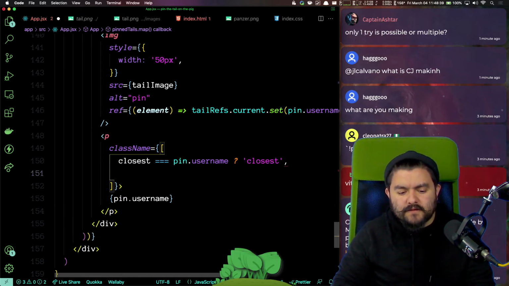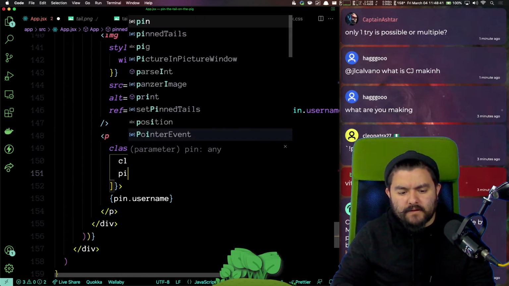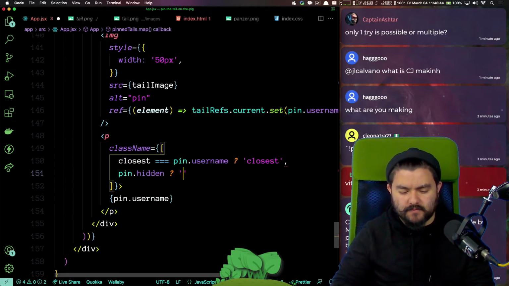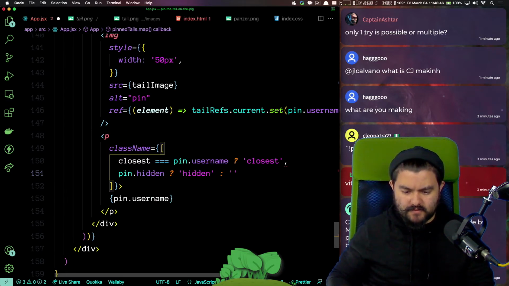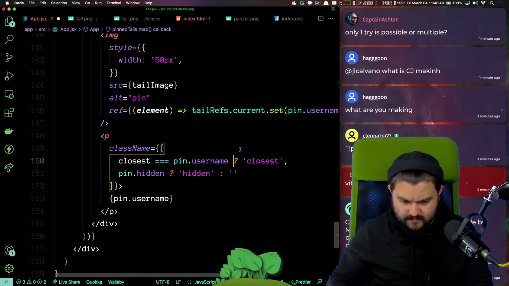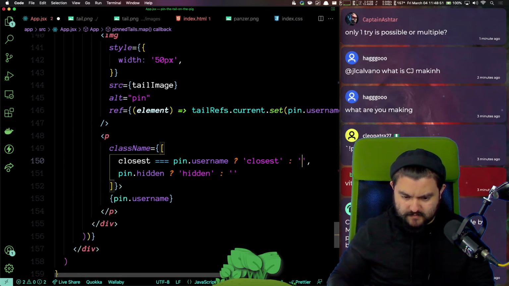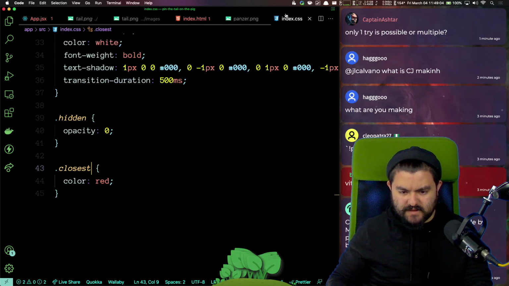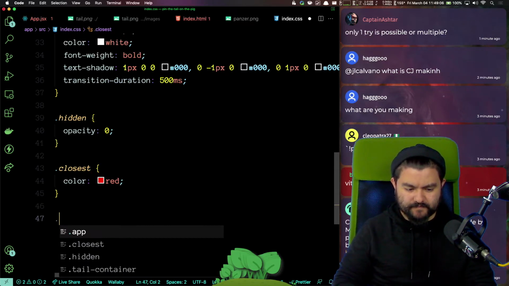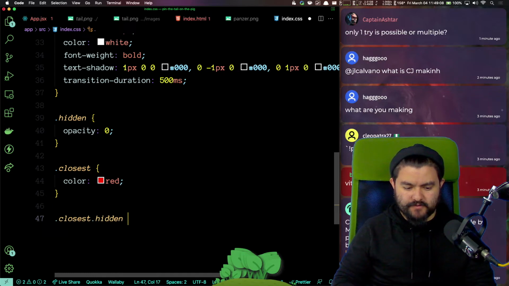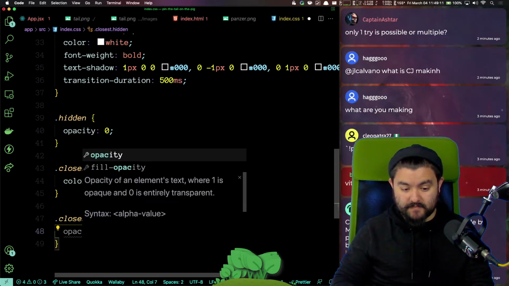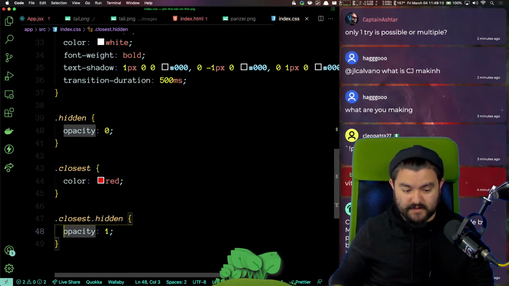If pin.hidden, then we want hidden. Cool, and then I'll make it so that if you are both close and hidden, you're not hidden because you're close.